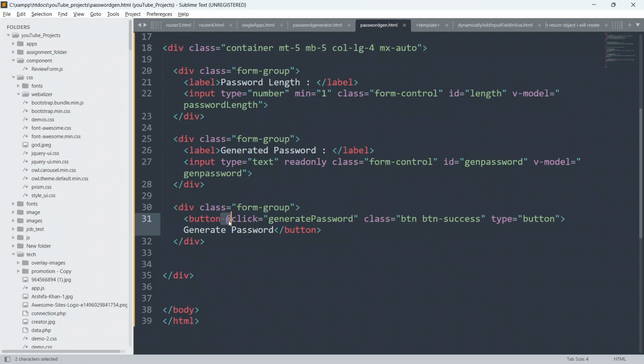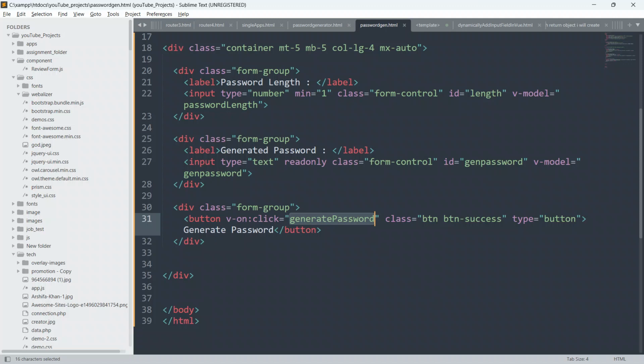Instead of @, you can give v-on with a colon and say click. Whenever a user clicks on this button generate password, we will be able to execute this function generatePassword. We have to define this function in our Vue.js code also.